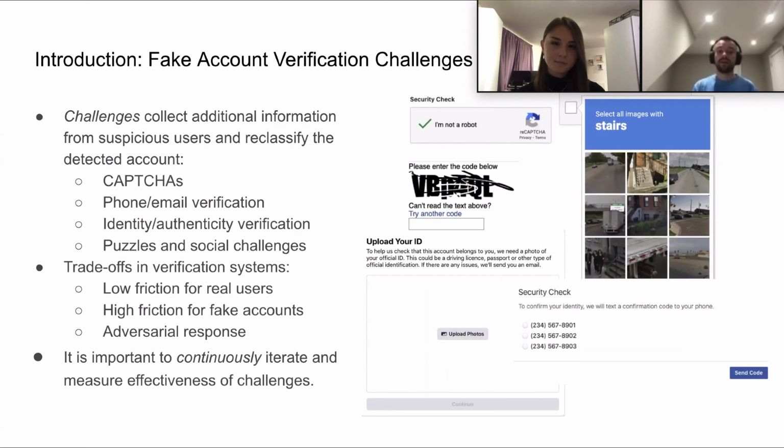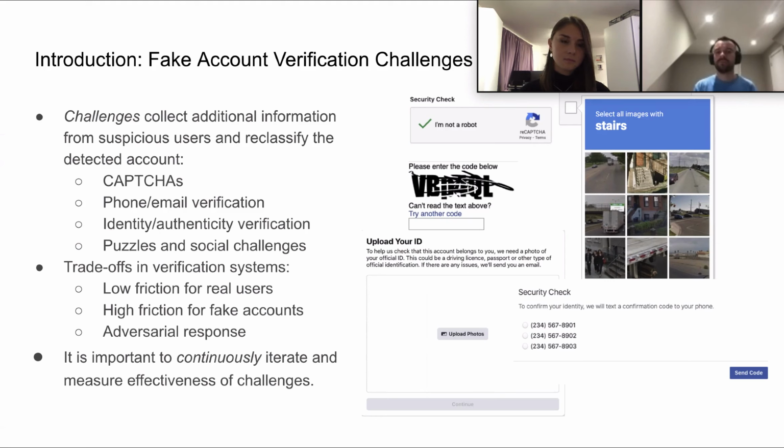Verification systems are composed of challenges which prompt identified users to prove some additional information, such as phone numbers, recent activity, or identity verification. These challenges take the form of challenge-response tests that are designed to be easy for real users to pass, but difficult for attackers to solve. The best known example of such a challenge is Google reCAPTCHA. The challenges provide an opportunity to collect additional signals about the user, for example, time to solve, which can aid in further investigation, reclassification, and remediation.